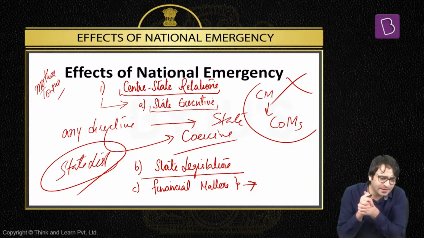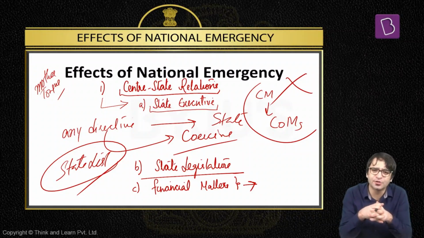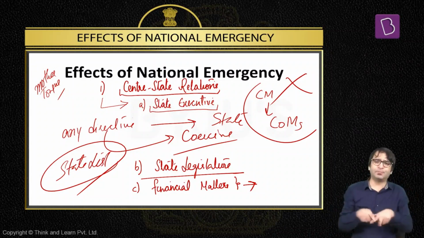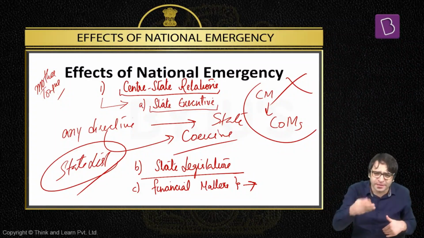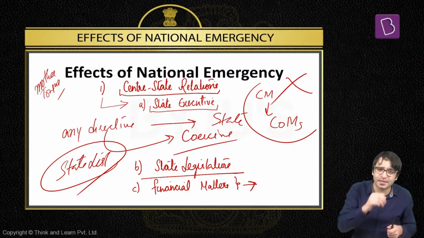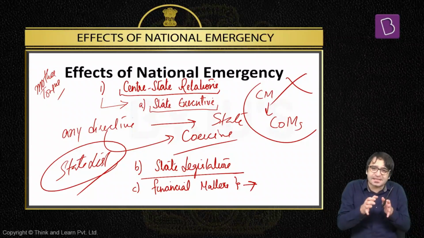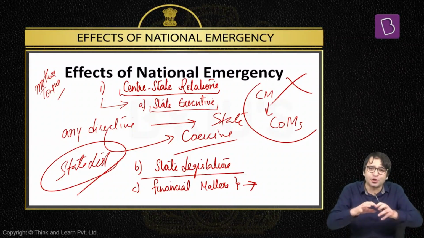Let's say, for example, there is finance commission. After every 5 years, under Article 280 of the Constitution, the president has to convene or set up or establish a finance commission. One principal role of a finance commission is that this is divisible pool of taxes. Income tax, corporate tax, for example. Corporate tax, income tax is imposed by the center, collected by the center. But whatever has been collected by the center, this is to be shared with the states. These revenues are to be shared between the center and the states.